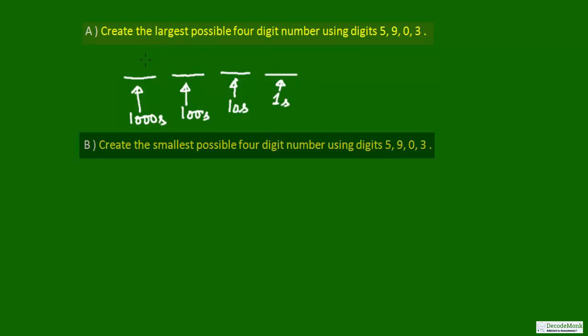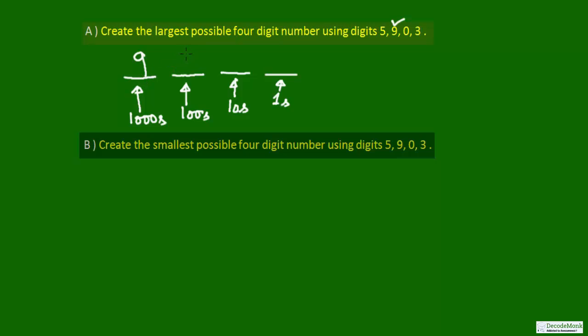So by the logic as already discussed, we are going to put the largest digit over here in the thousands place. So here the largest digit is 9. So we are going to put 9 in the thousands place and make it the largest possible, because if you put any other digit there, suppose you put 5, this will be 5,000s, or 0,000s which is nothing, or you can have 3,000s. So by putting 9, you are sure that we are going to have the maximum number of thousands, and therefore the whole number will be maximized.